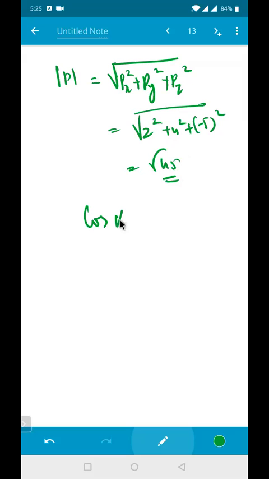So cos alpha is equal to px divided by mod p. The px value is 2 by root 45. Like that, you can write the remaining answers for the given conditions. I hope you also know how to write the resultant vectors. That is also very important. And how to take the area of a triangle, the area of a parallelogram law, and determinants in the vector product, which are also very important for the given condition.